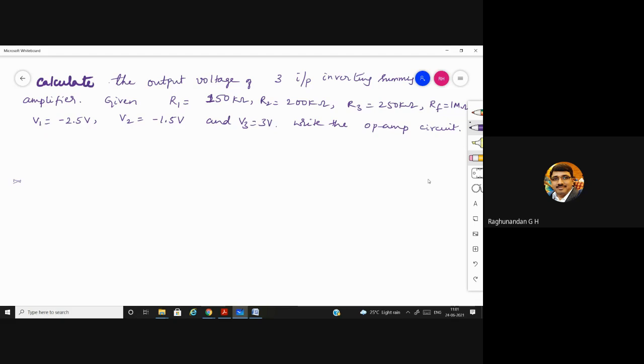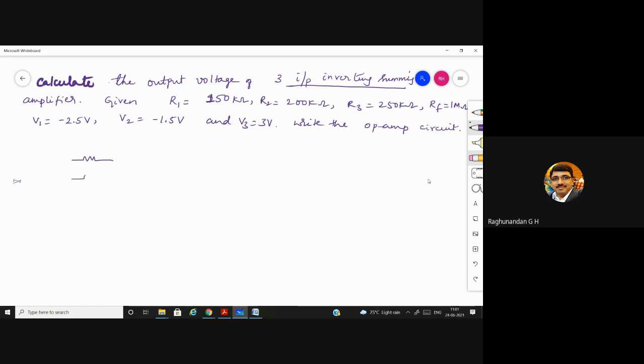So for this particular given question, whenever this kind of problem is given, you need to check what kind of op-amp they're asking for. It's inverting, and what kind of application they're looking for, summing. So it's an inverting summing amplifier. Then how many inputs are they expecting? 3 inputs.